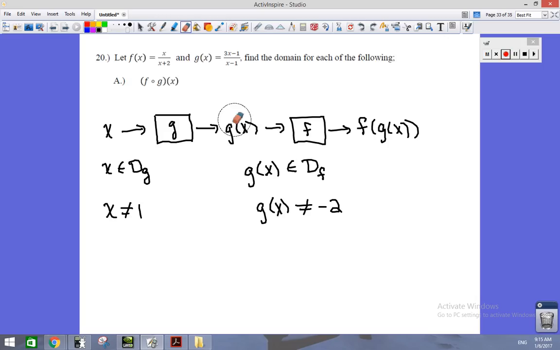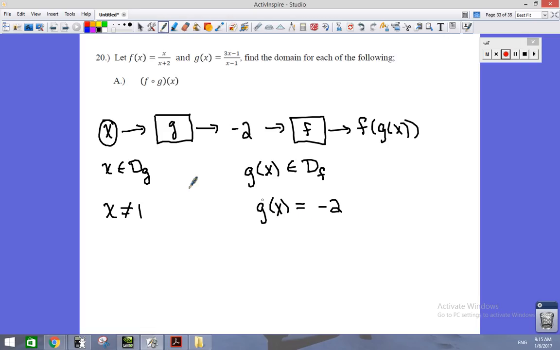If the output of G is equal to negative 2, then I make that joke that F starts screaming at G and says, what are you doing to me? Whatever number you just plugged in, don't do that. I can't work with the number negative 2. Negative 2 causes division by 0, and I can't produce an output if you give me a negative 2. So we have to figure out what value of X caused the output of G to be negative 2 and avoid that. So we temporarily come down here and say, okay, it's a puzzle,